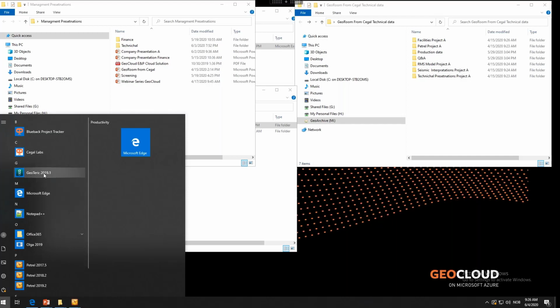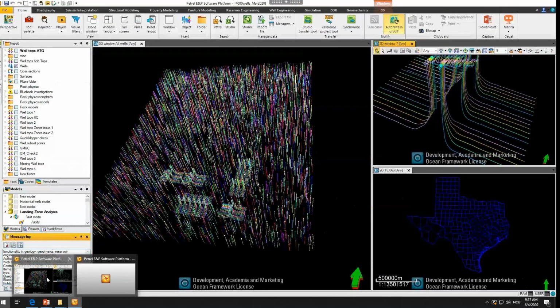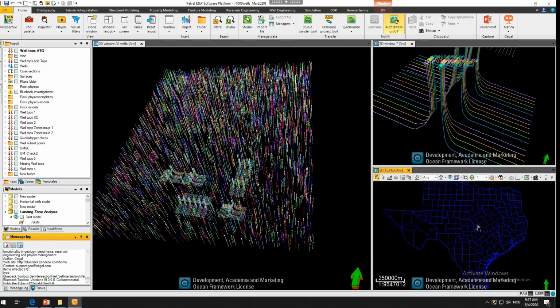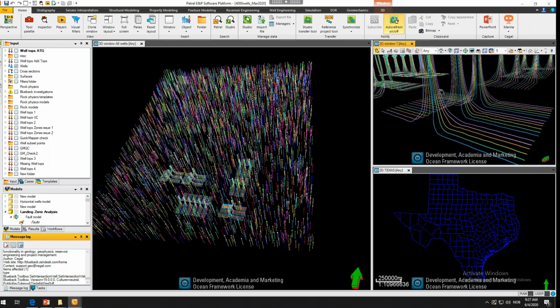Everything from seismic blending products and interpretation products, to obviously Petrel, which is the more classical one, and most used in most cases. And I have a few examples here of projects. This is an unconventional project that you can look at here, where you have the Texas 2D license map down in the corner, as you can access it. And you can go in and look at every kind of well setup